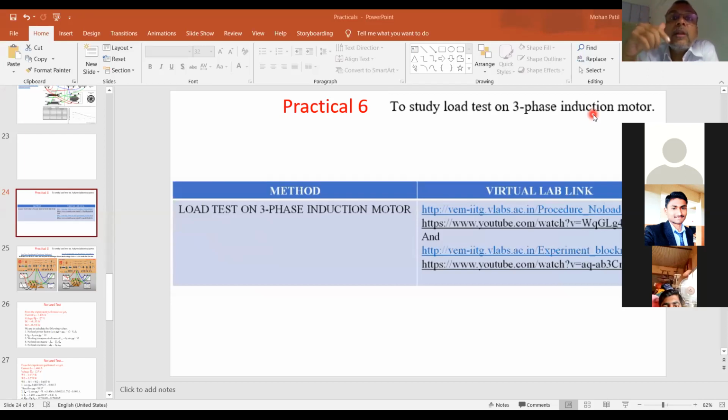In that, we'll see what an induction motor is, what the performance parameters are, and what the different tests performed on it are. There are two tests, one is the no load test and another is the blocked rotor test. You have to perform these tests in order to find the parameters of this three-phase induction motor. So your practical is related to that.